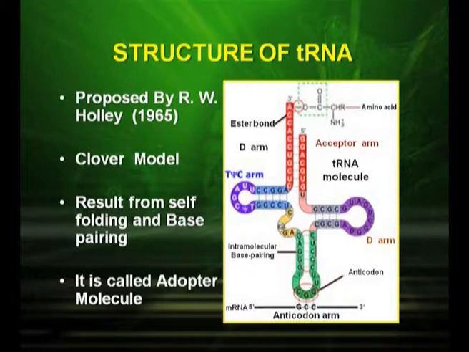The one which is at the bottom is called the anticodon arm or the anticodon loop. And the one on the top is the site for amino acid binding. So on the basis of the anticodon that it codes on the mRNA, it could select the amino acid from the cytoplasm. So each amino acid has a specific tRNA.